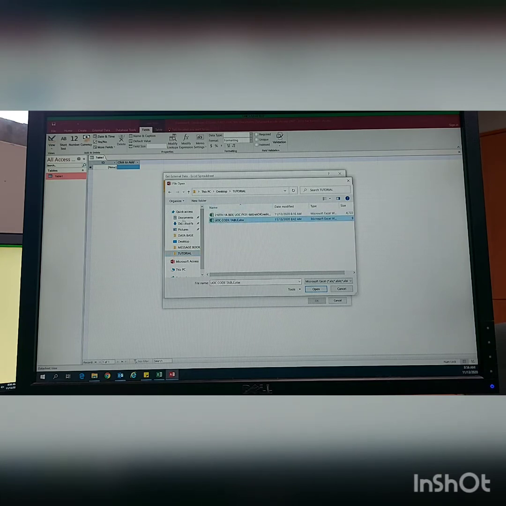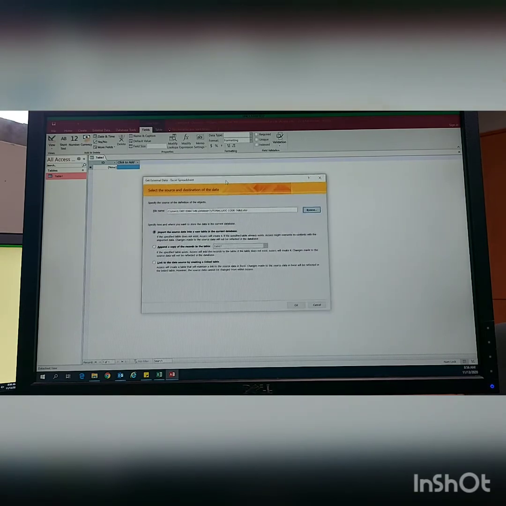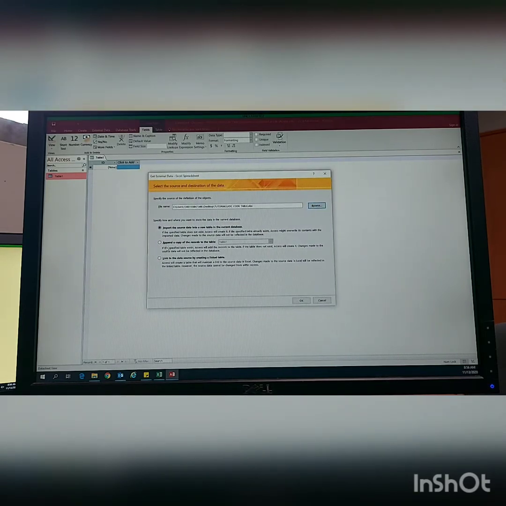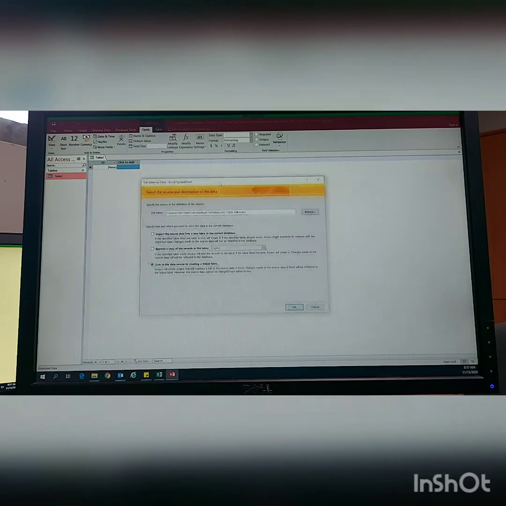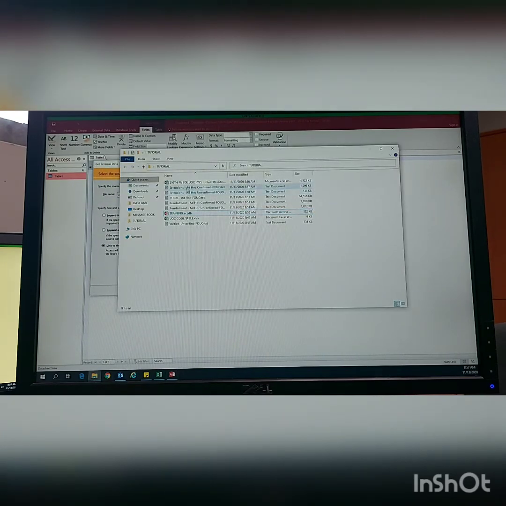I'll use the simple one just for training purposes. Everything that you upload into Access Database, make sure you click right here, link. You want to link it to the data source. So that means every time that you save a new file, or if you go back into Retain to get another reenlistment ad hoc confirmed and you save as to this folder and it replaces this one, when you link